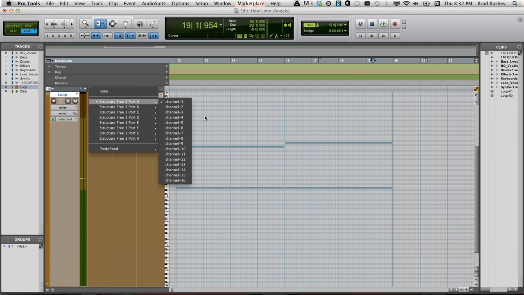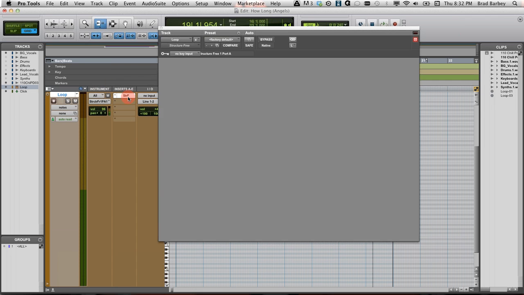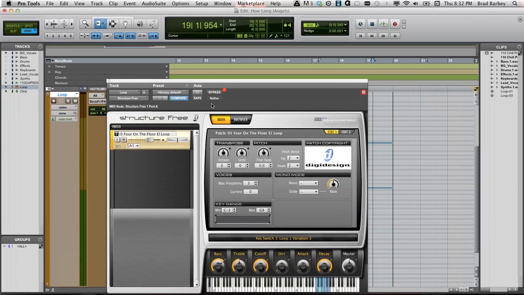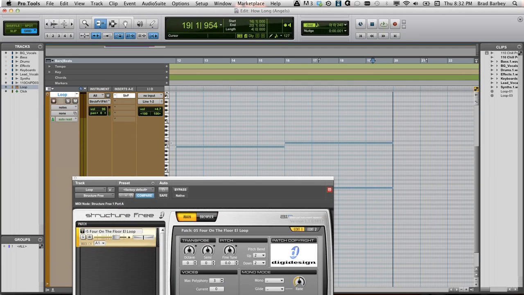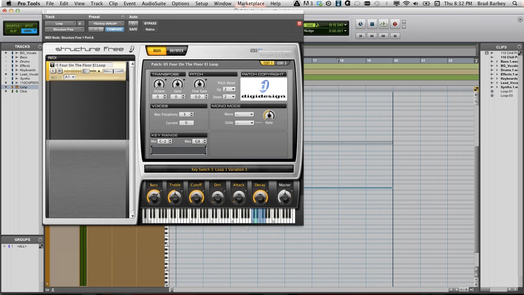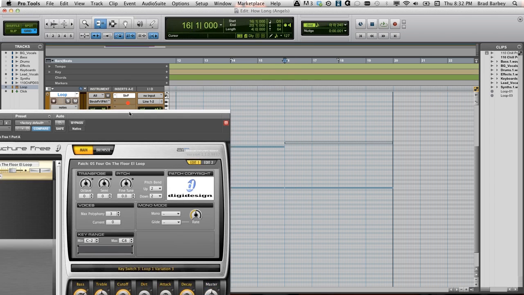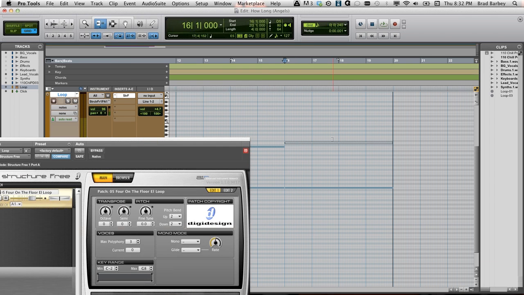So let's look at our plugin. Now look, that note is D5, and look what's lit up, D5. So if I duplicate that,